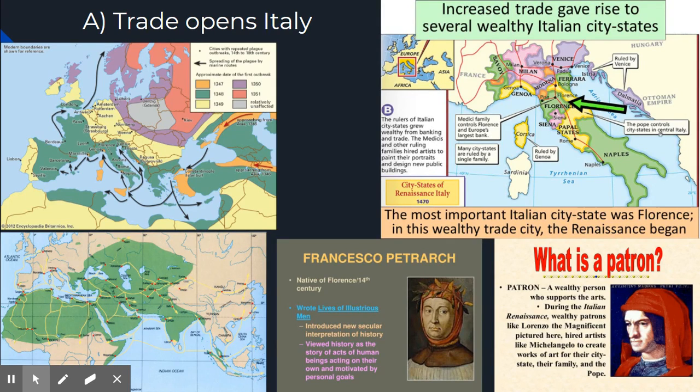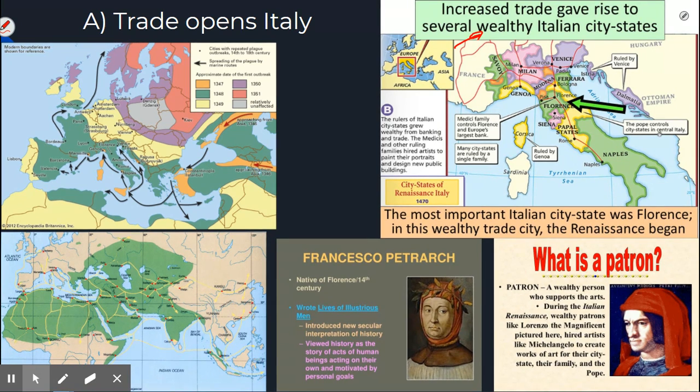The Italian Renaissance, like a lot of the things we talk about in world history, starts with trade. Trade brings benefits and also costs to the people who trade. So one benefit of trade is it brought massive wealth to a number of city-states in Italy, like Florence and Genoa and Venice and Milan and all of these places. But one downside of trade is it also brought in disease, including the famous Black Death, which devastated the population of Italy and then spread throughout Europe, cutting the population of Europe by somewhere between a third and a half.